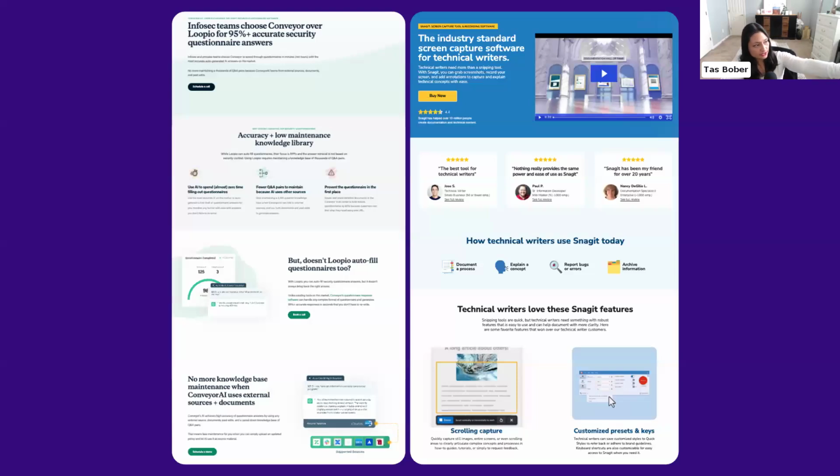These 2 pages right here, on the left-hand side is a sales-led comparison page, as you can see: why people are picking Conveyor over Loopio. That is where they are in the buying journey. They're evaluating multiple vendors and options at this stage. Instead of shitting on our competitors, we're actually using voice of the customer, so you can see,